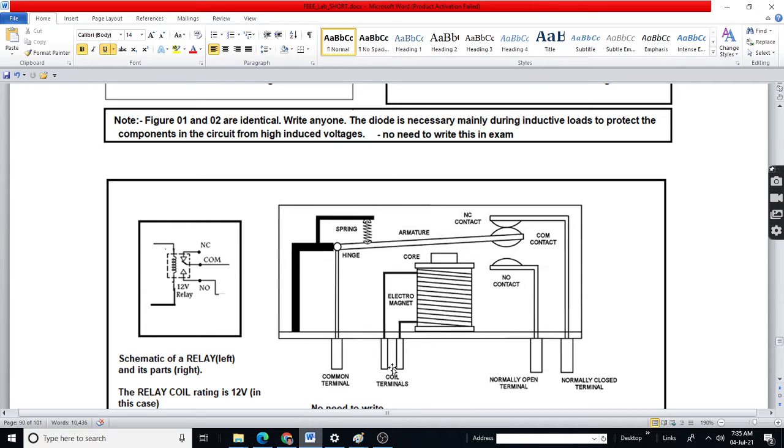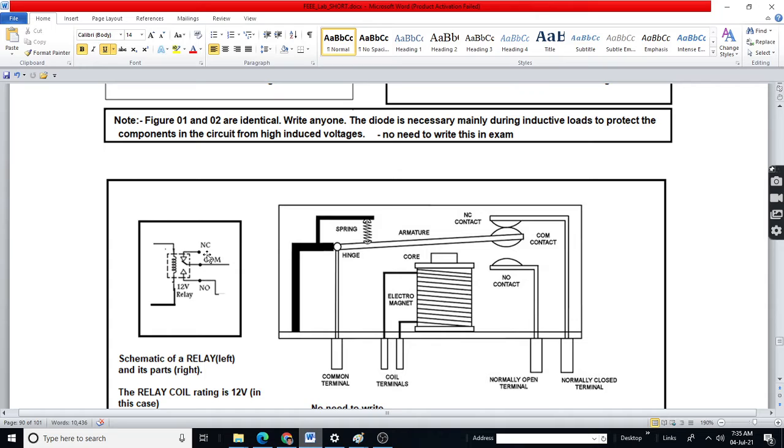The coil terminals are shown in the schematic as the left two terminals. These two means these two. Then here we have common, NC and NO.